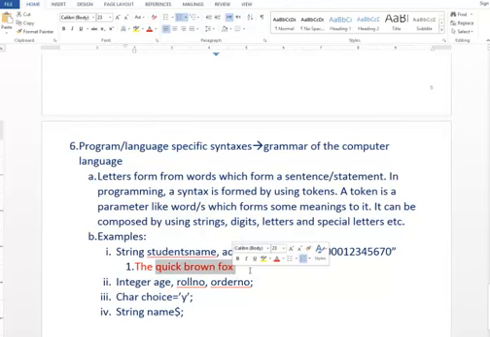The quick brown fox, right? They're all adjectives except this fox, right? So there is no grammar involved, right? Now I'm just changing the sentence. Let's suppose,